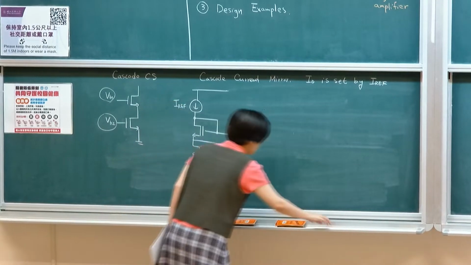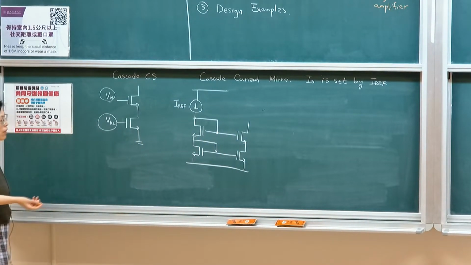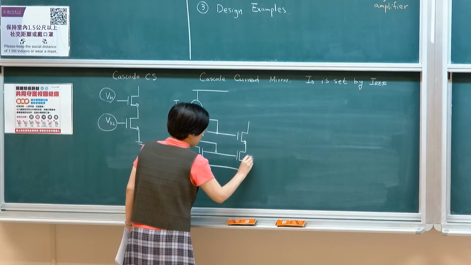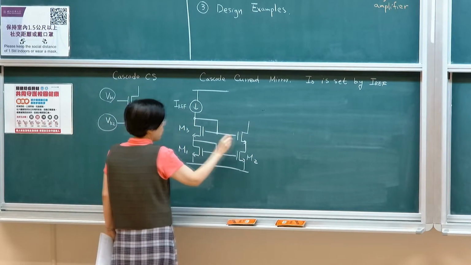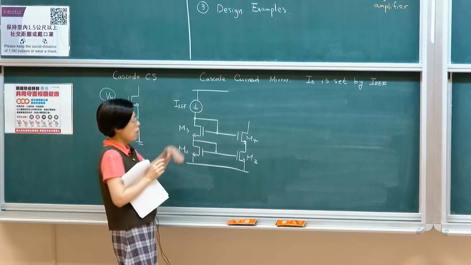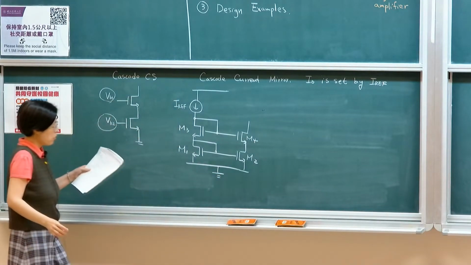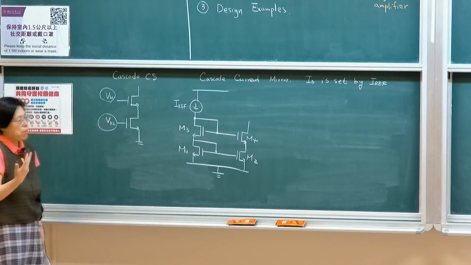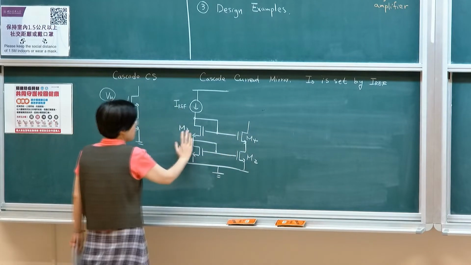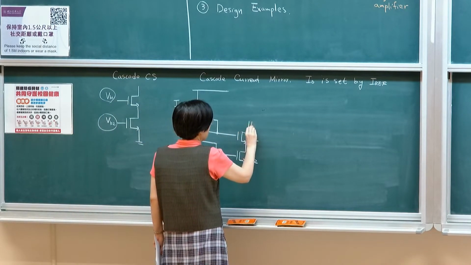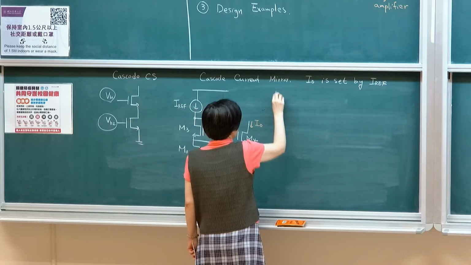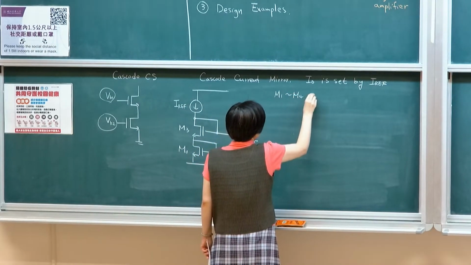As we already discussed previously, the main purpose of having a cascode structure, let me label it first. I have two pairs, M1, M2, M3, M4. So I have four transistors, or two pairs stacked on each other. What is the main benefit of having a cascode current source? This is just to provide a current source. Let's say I have identical transistors, so M1 to M4 are identical,